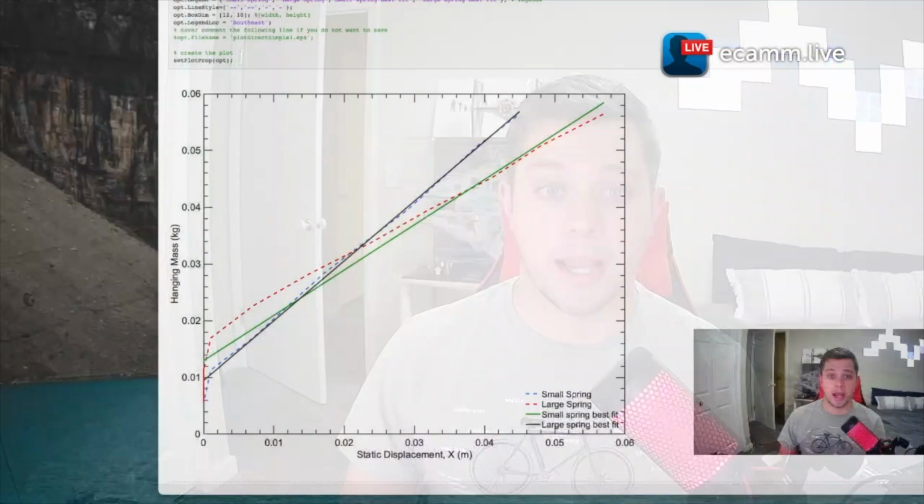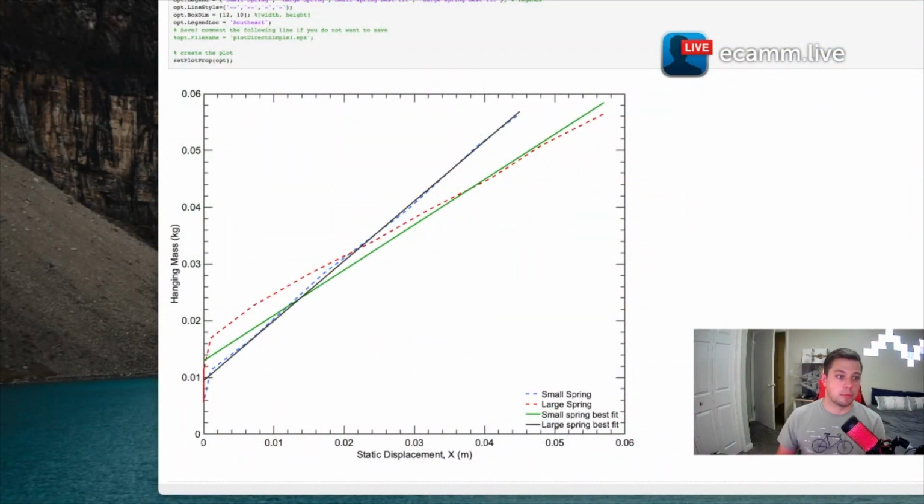For today's project, I use MATLAB to plot the small spring and the large spring static displacement response. So we can see that the shape of both plots is extremely linear for all except the first few data points. This confirms that the springs do obey Hooke's law. The nonlinear portion near the equilibrium point indicates that more force is required to start the stretching of that spring